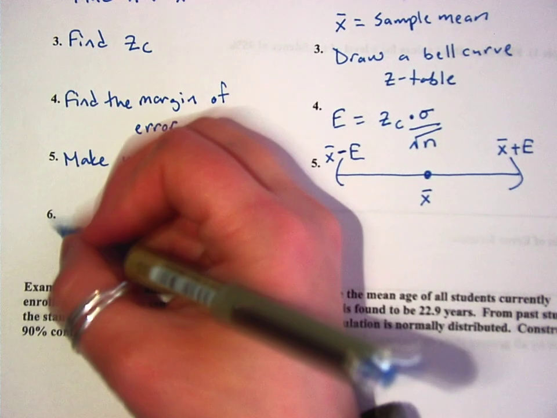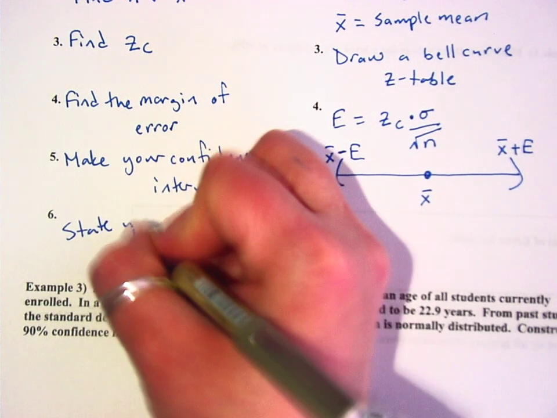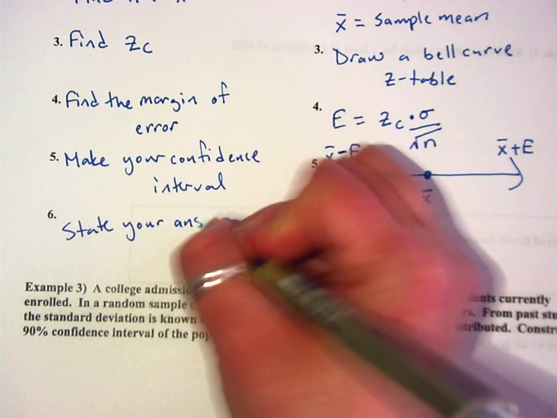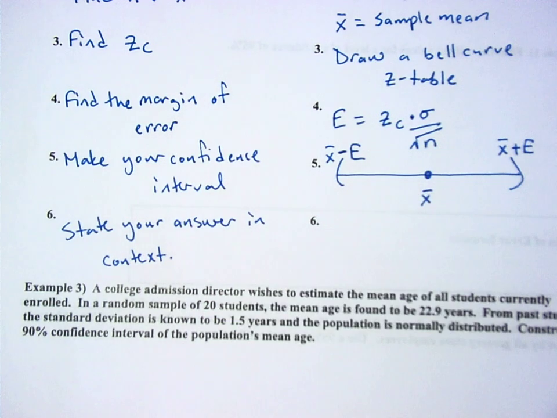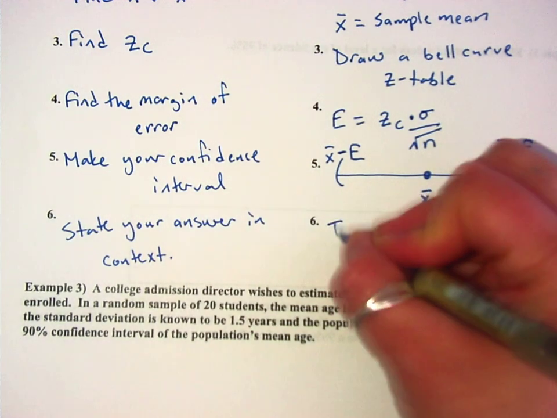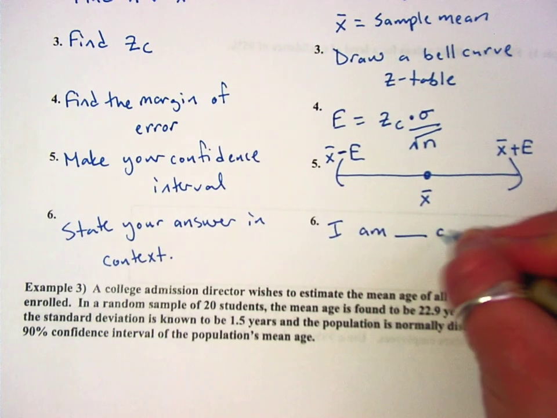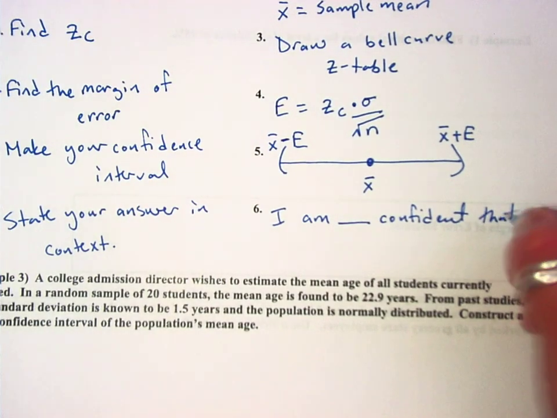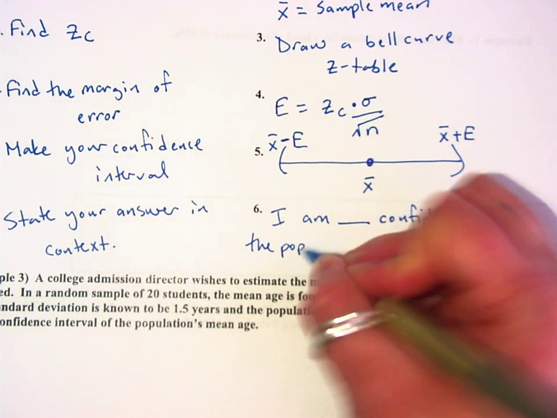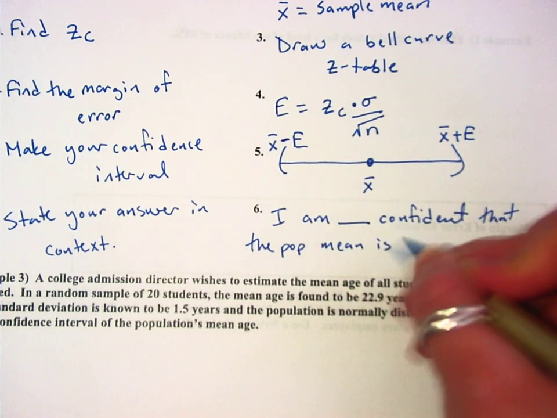And the last step is to state your answer in context. I know that especially Gustavo is going to hate this because it means he has to write a sentence on every single problem, which obviously is a nightmare. But your problem will always say something like this: I am blank confident, as in 90% confident, 99% confident, whatever, that the population mean is between